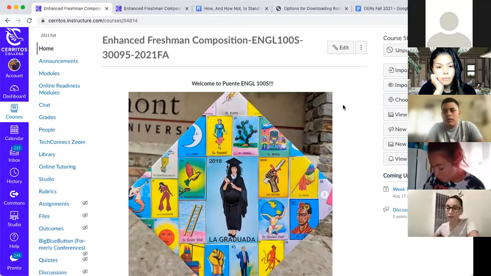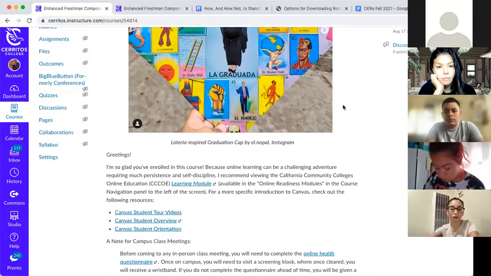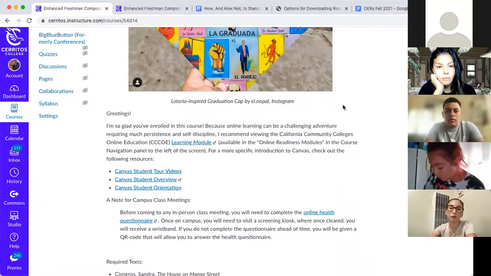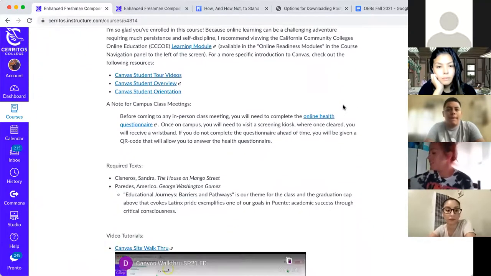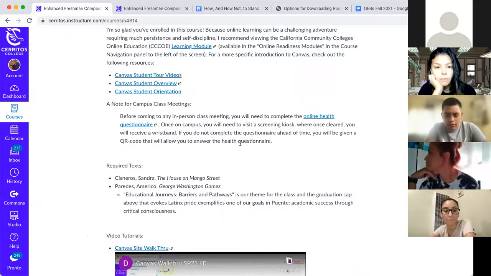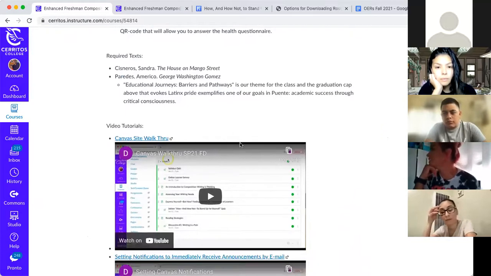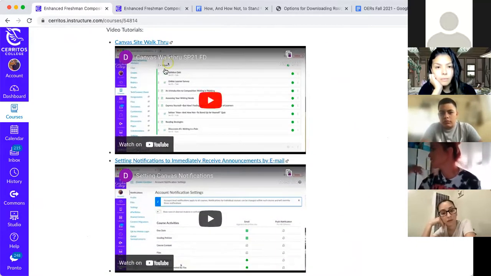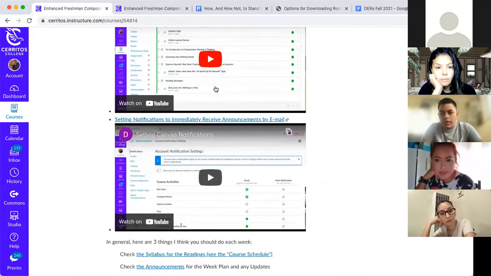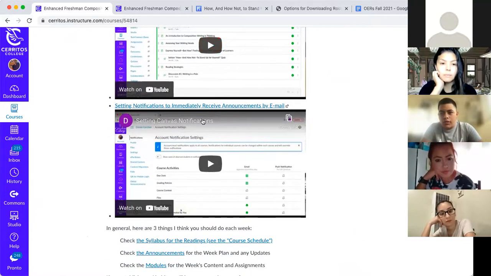So let's look at this first welcome page here. You can see I suggest that you take care of a few things. Here's some bits about online learning, and here's the protocol for coming to campus, just in case you forget. I do recommend that you take this little tutorial of Canvas. I'm going to provide a quick one here. But what I really want you all to make sure to do right here is settings, okay, for your notifications.